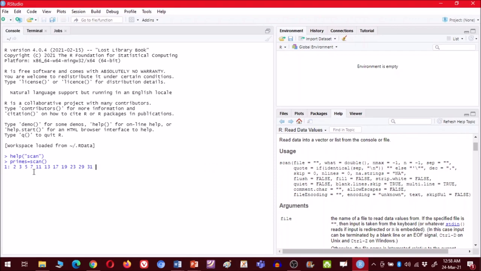That is 37, then 41, 43, and I think these are all the primes that are less than 50.